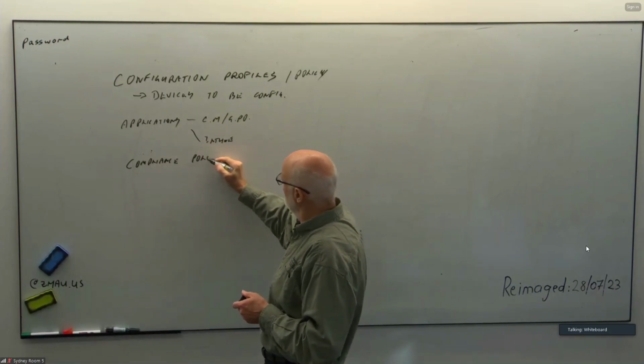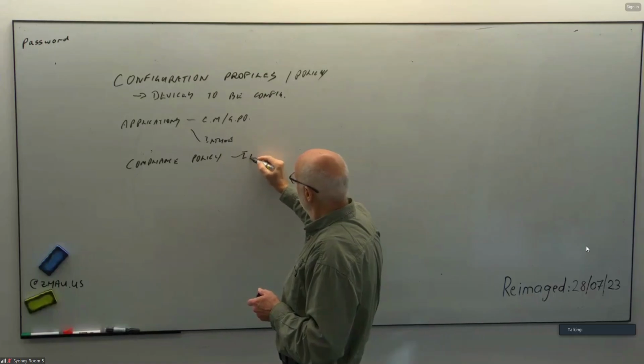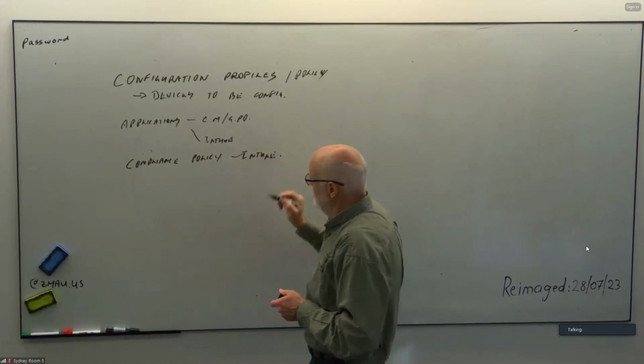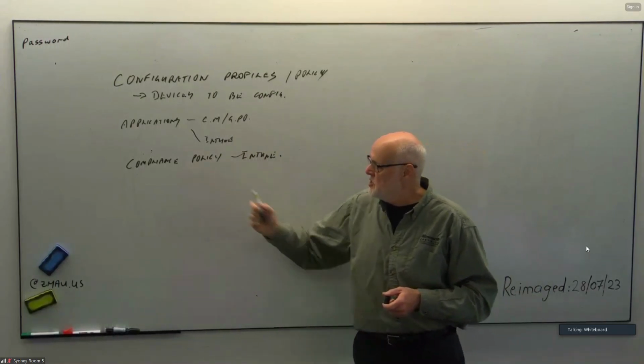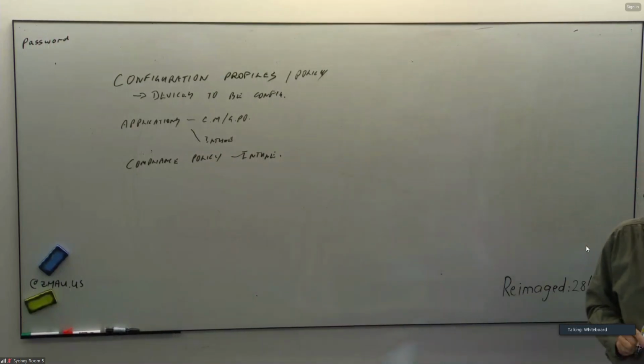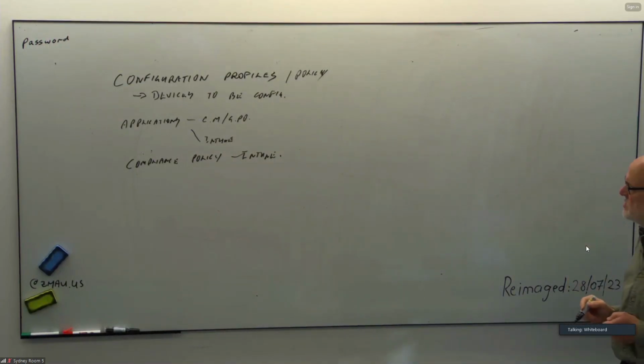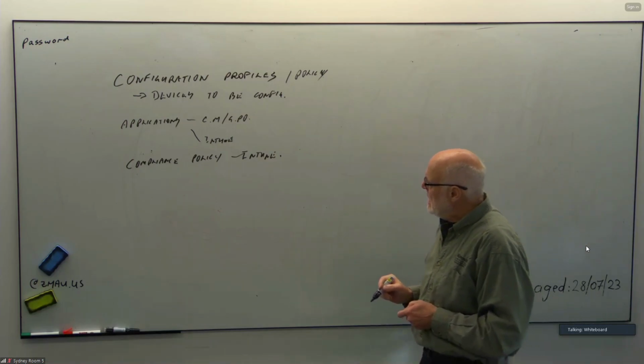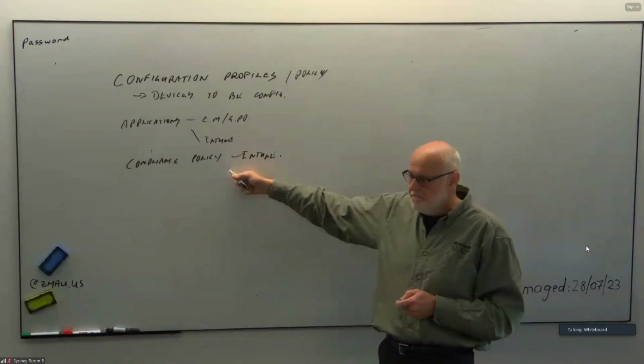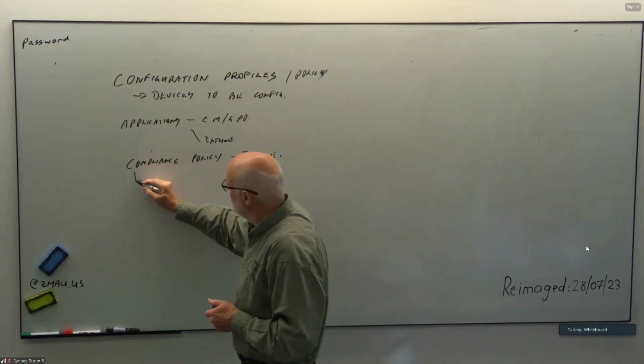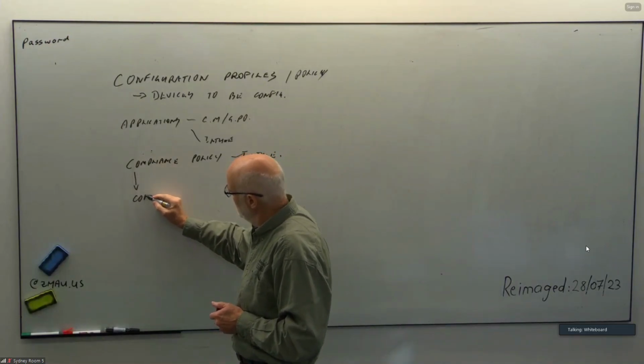Another type of policy we can configure in Intune. Now, obviously, for compliance policy to work, the device needs to be enrolled. We can't do compliance if the device is not enrolled. We might just use that for reporting, or more typically, it's linked to a